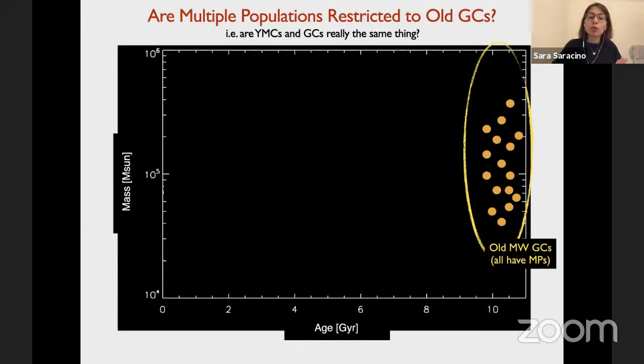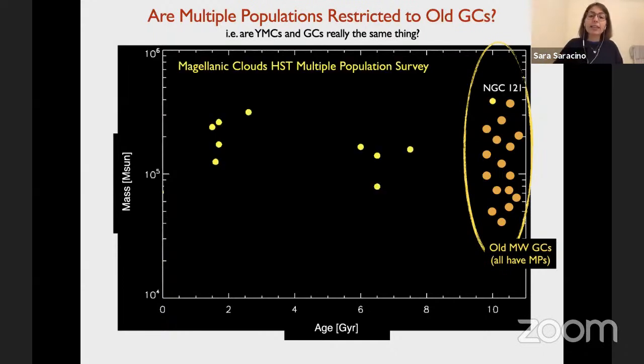And so just to give you an idea, this was the situation before we started our survey of LMC and SMC clusters. So we had that all the old Milky Way globular clusters showed presence of multiple populations, and this was very well established and well known. Then we added all these dots here that were the first targets that have been observed with HST in this survey. And so I have highlighted here NGC 121, which is the oldest cluster in the SMC,